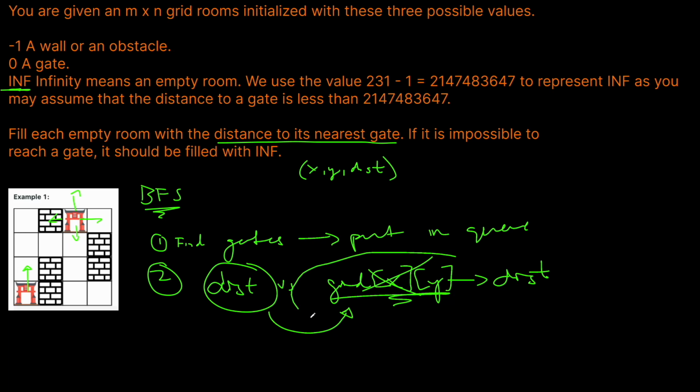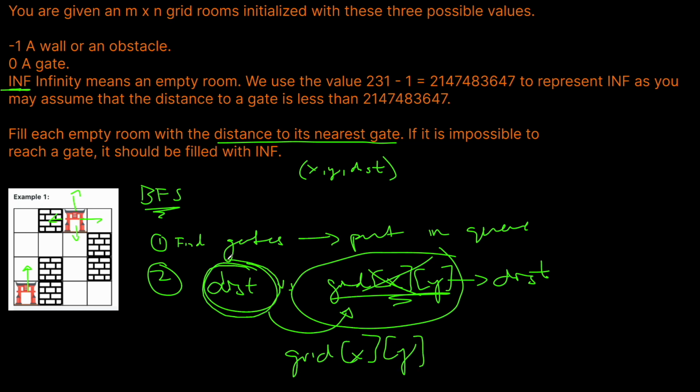If the distance that's already there in grid of x y is actually smaller than our current distance, that means that everything past this point is not going to be a better solution, because if our distance is already too big, then going even further will make the distance bigger, and we're not going to get better solutions. So we can cut our BFS for that branch off,